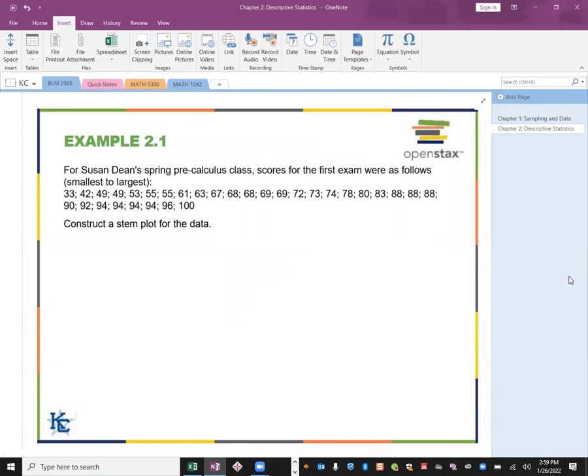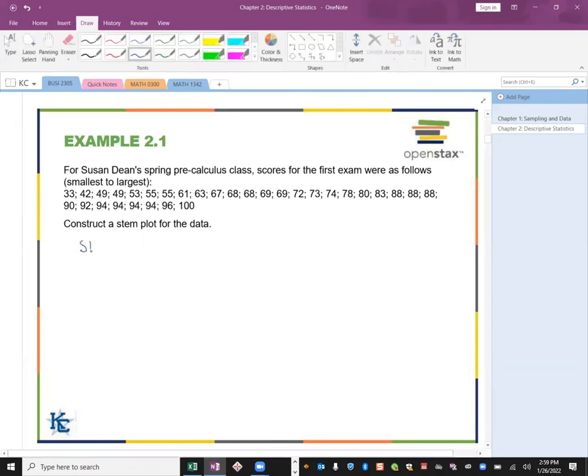Let's take a look at this first example, example 2.1. For Susan Dean's spring pre-calculus class, scores for the first week exams were as follows, smallest to largest. Construct a stem plot for the data. We're going to have two columns: our stem, and then our leaves. It is simply putting in the stems, which will be the tens place, and in the leaves we're going to put the ones place. So we're going to start with 33,